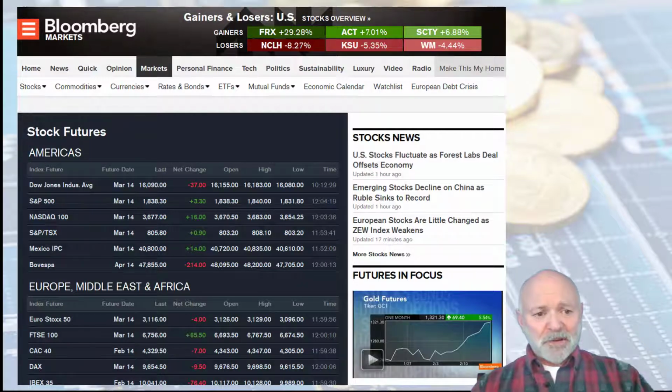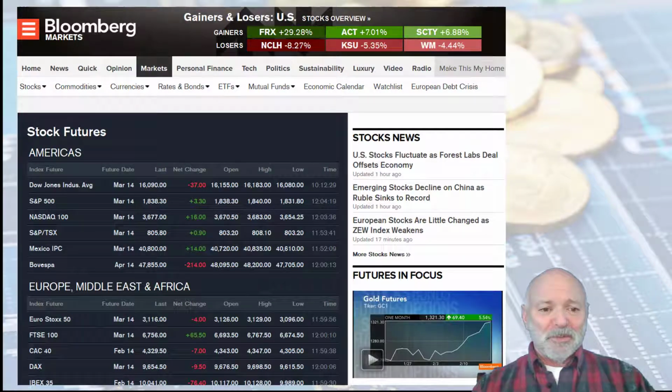So you can see, for example, looking at this page from Bloomberg, on this particular day, there was a futures contract with expiration of March, in this case 2014, with a closing price of 16,000 on the Dow index. You can see what the change was for the day and what the range of trading was over that day. We have a number of North American, but also some international exchanges mentioned in this